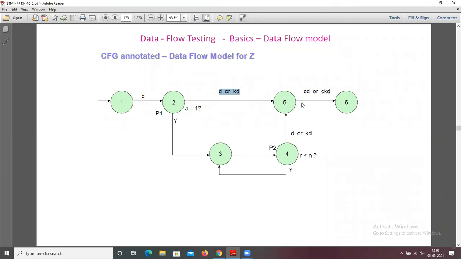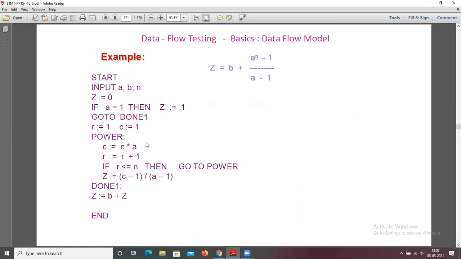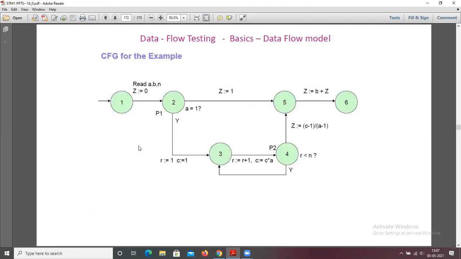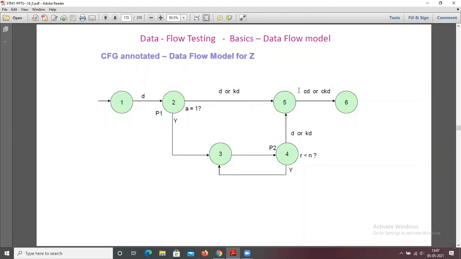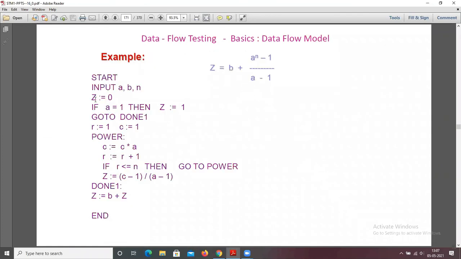After that, C means you use it, CD or CKD. That means here you can define the data model for the data object z, that is, the variable z. So where is the z here? This is the z. Then z equals 1, which is the initialization, the define.